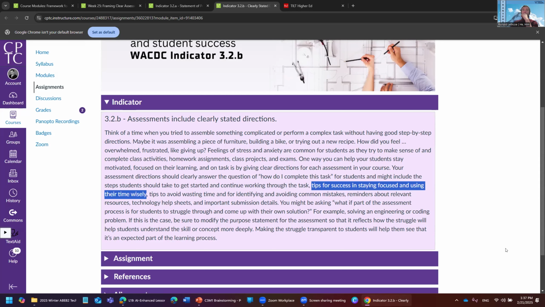Tips for success. Also, if you read here, tips for avoiding wasting time. So like common pitfalls, common mistakes. I'm good at that. Well, it's great,